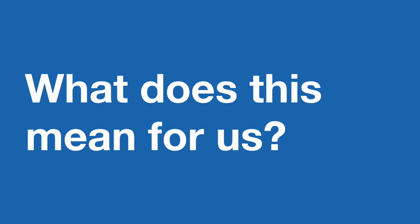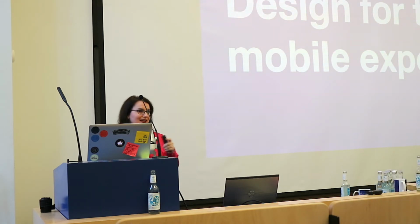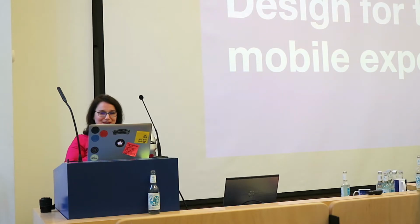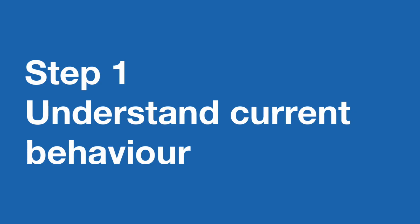What does this mean to us? Well, it means that, especially for people like Alaric, the designer, we just start thinking about designing for the mobile experience. For user researchers, it means that we need to test the mobile experience. So, I'm going to talk you through the steps that I took when I was